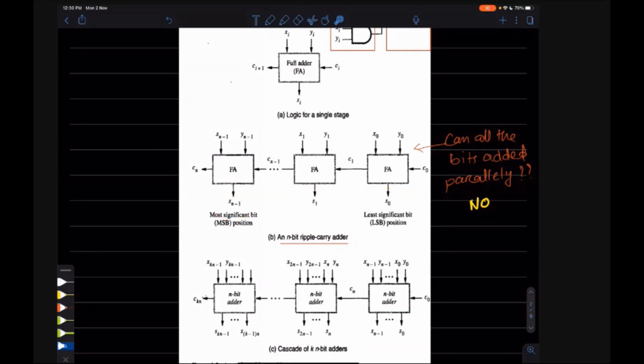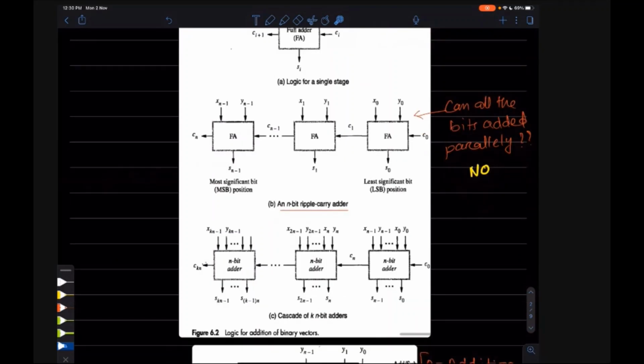So what is the English meaning of ripple? It's like a wave type of thing. Ripple means this is happening, then only this will happen, then this will happen, so it is like a ripple. That's why the name is ripple carry adder.